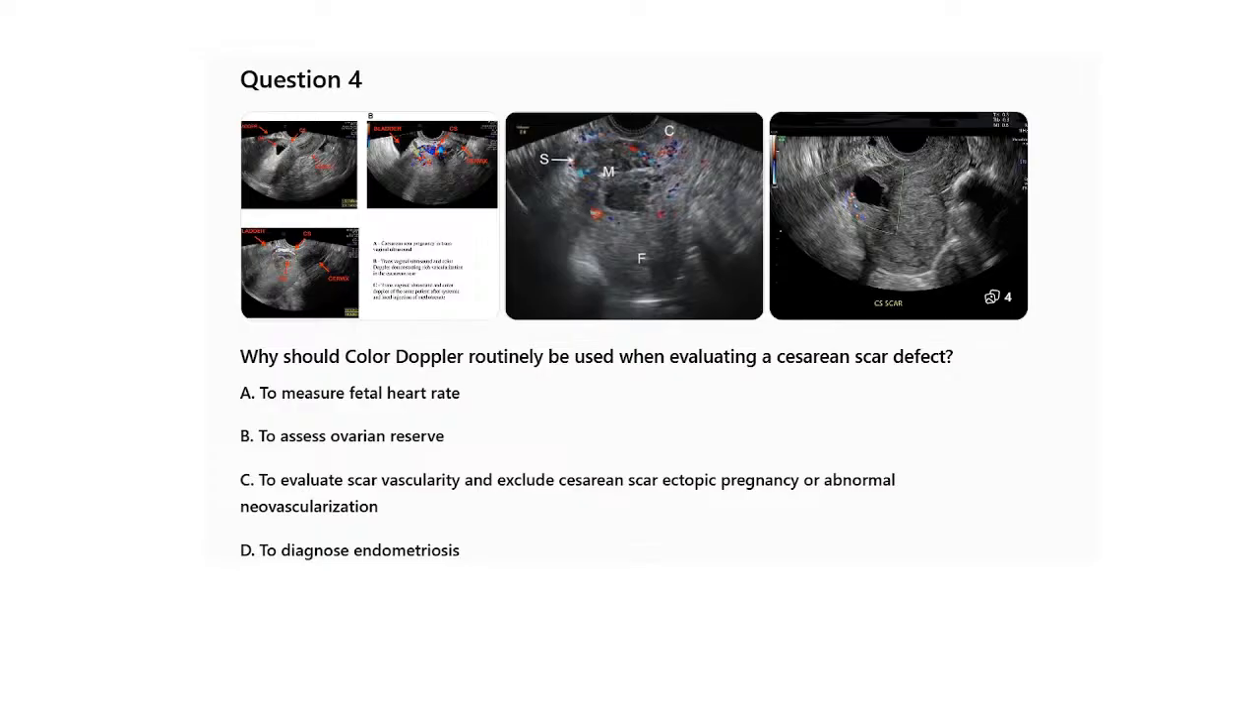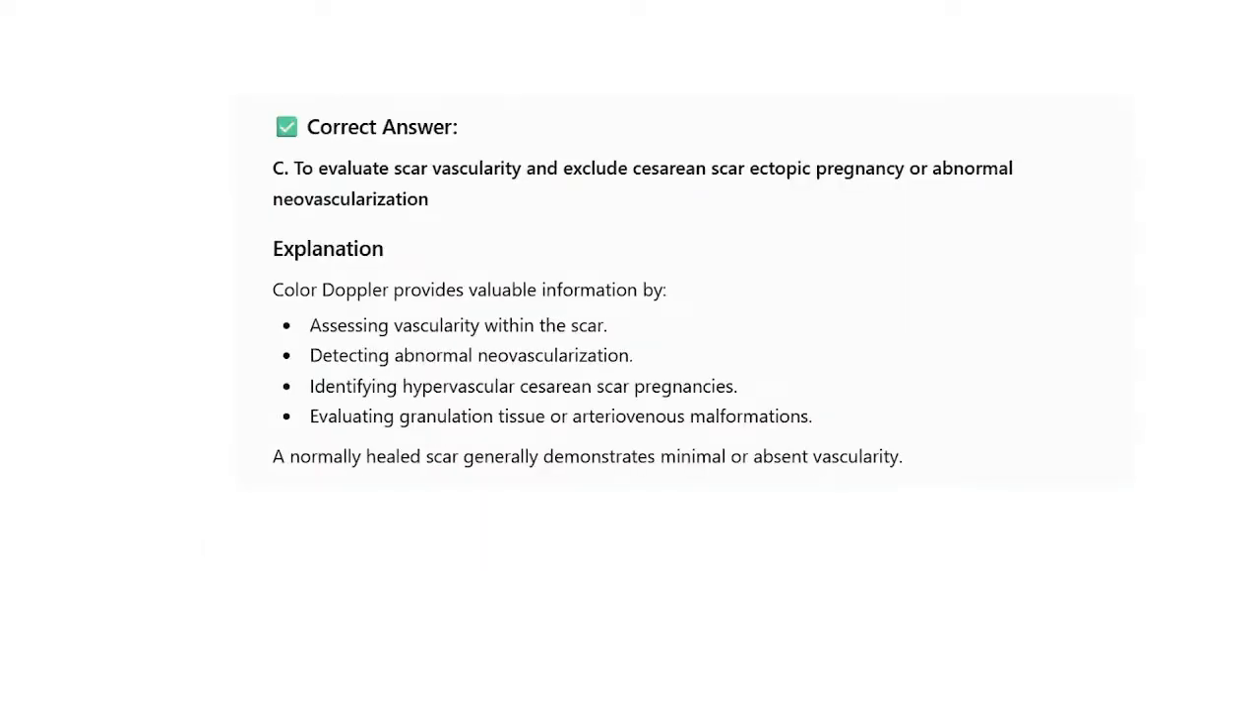Why should color Doppler routinely be used when evaluating a cesarean scar defect? A. To measure fetal heart rate. B. To assess ovarian reserve. C. To evaluate scar vascularity and exclude cesarean scar ectopic pregnancy or abnormal neovascularization. D. To diagnose endometriosis. So the correct answer here is to evaluate scar vascularity and exclude cesarean scar ectopic pregnancy